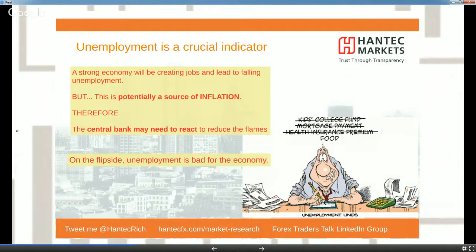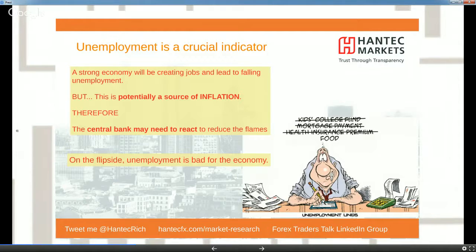If you look at, for example, an economy in strength, then jobs will be created and the level of unemployment will be falling. If you take that as a cycle, the creation of jobs means people are going to have more money to spend, which improves economic activity and subsequently generates more and more jobs. The virtuous cycle will continue. So it can certainly be a positive thing when jobs are being created and unemployment is falling, and subsequently it will have a big impact on monetary policy, because it can have a leading impact onto inflation as well.